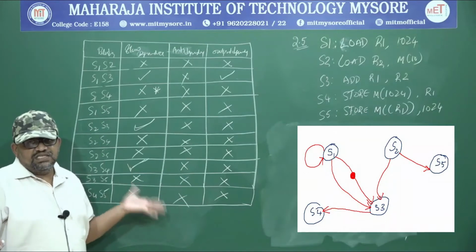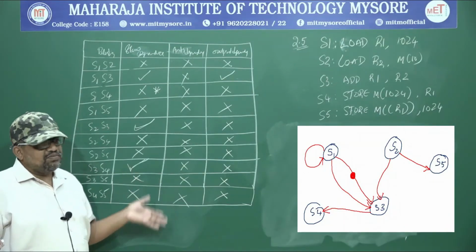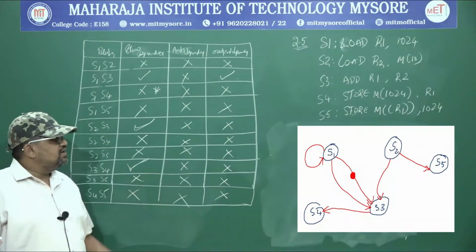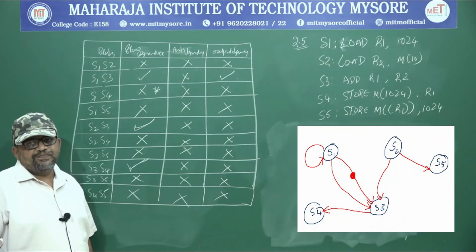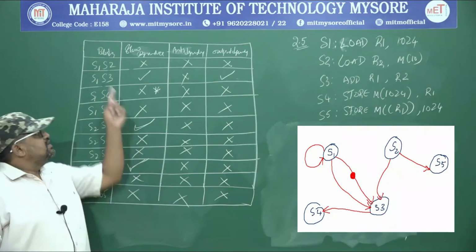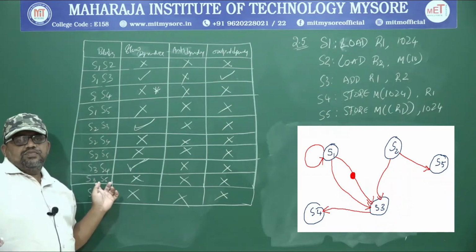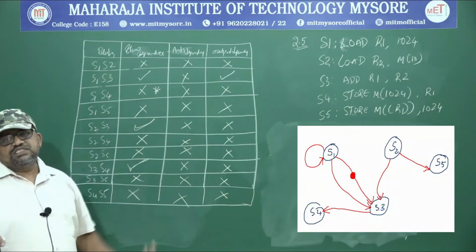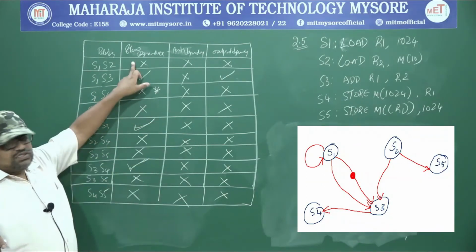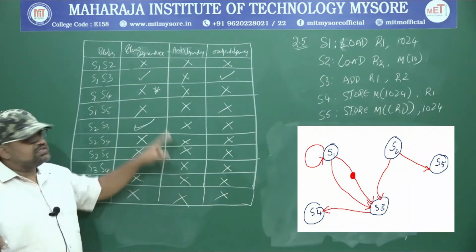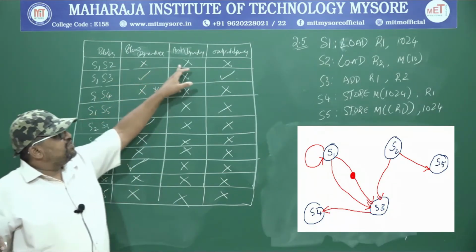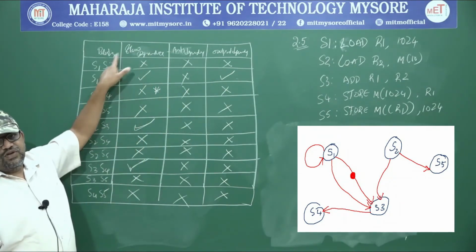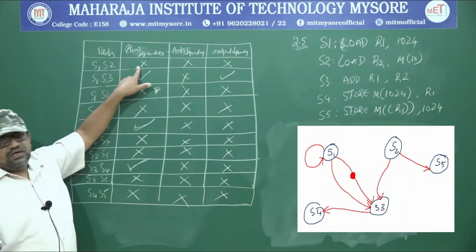Like this. Using this approach, I think this is an approach I derived on my own, you can draw the dependency graph, right? So the steps are very simple. List out the processes or the statements, then try to bring out the relation between every statement, right? Then again the corresponding columns, flow dependency, anti-dependency and output dependency. Depending upon that, if there is a relation, a flow dependency is there, put a tick mark, if not a cross mark.